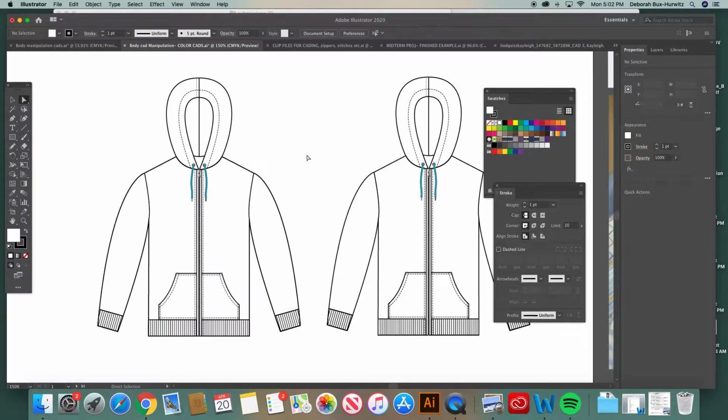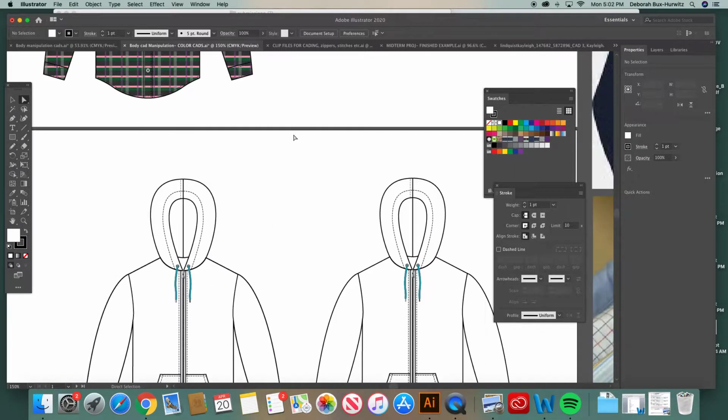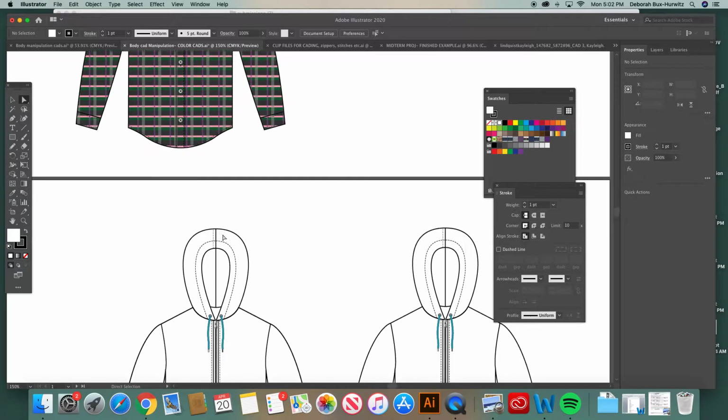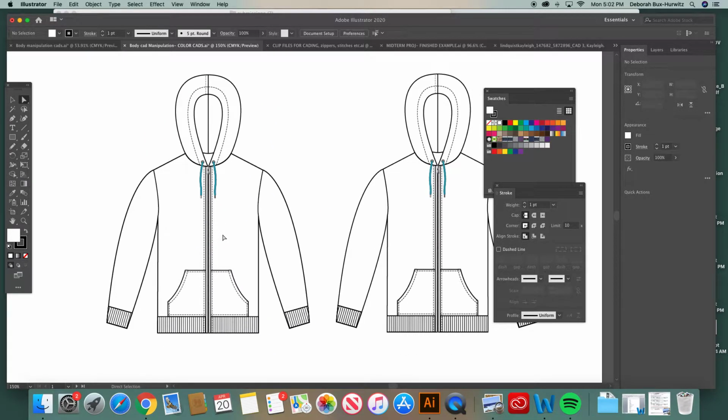This lesson is to show anyone that's working with a hoodie CAD that has a draw cord or zipper details, and also anybody that's working with a woven button-up shirt CAD how to recolor the buttons, because the buttons were done differently than on the pant CAD. So this is just quickly, when you start to fill these CADs with body, with pattern and color and texture,